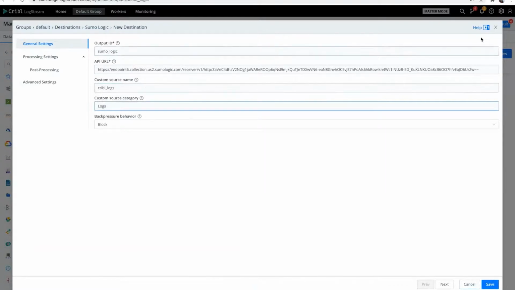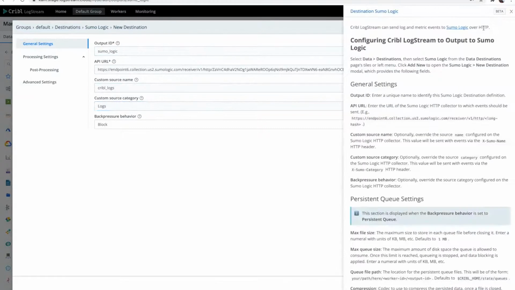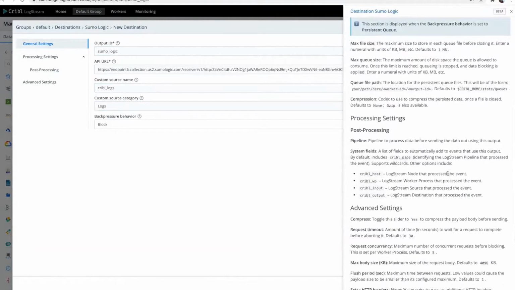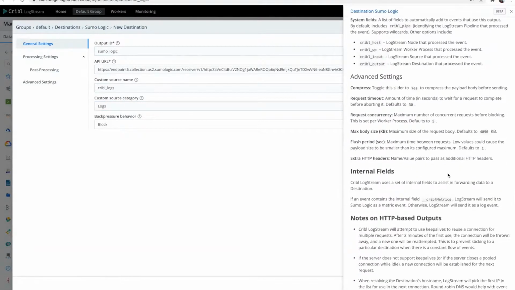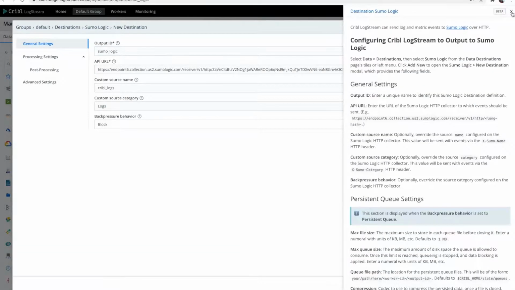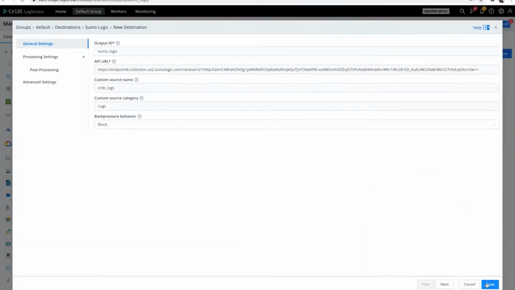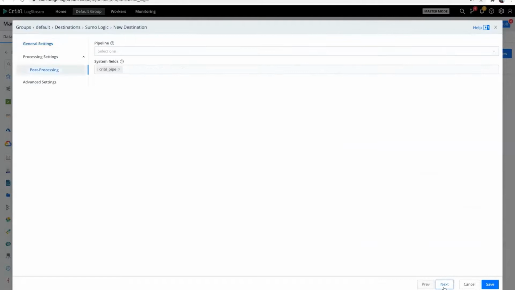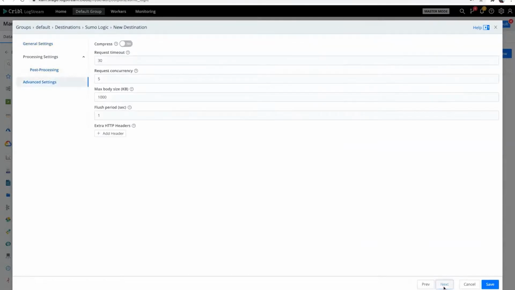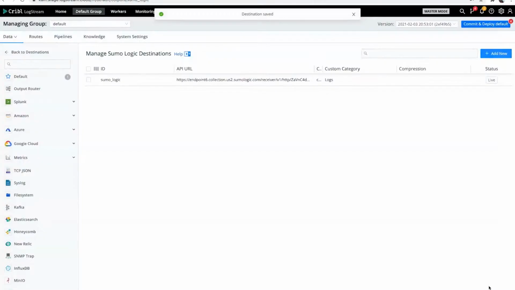And then if you had any questions, you can also click this lovely help, and it'll take you right to the documentation inside of Cribl LogStream to tell you more about each of these fields. But once we're done, we can click Next. You can see the other components that are here, other pipelines are going to be sending the data to, the advanced settings. For now, we're just going to leave that alone. We're going to click Save,